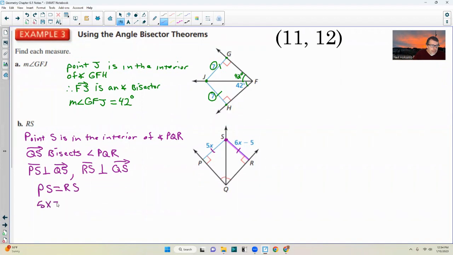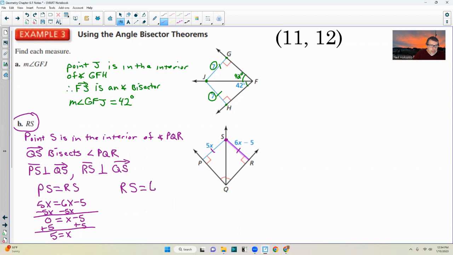PS is 5x, RS is 6x minus 5, and I'm going to subtract 5x from both sides. And that's going to be 0 equals x minus 5. Add 5 to both sides, and I get 5 equals x. I'm looking for segment RS. So now I can say segment RS equals